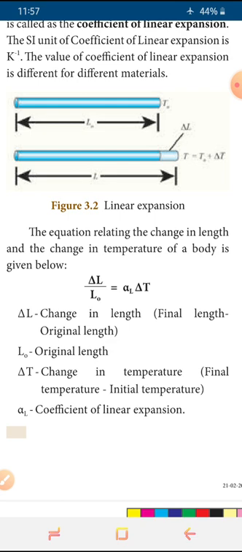So when we are heating, what change happens? For example, a rod having a length of 1 meter increases after heating to 1.1 meter. We can write the change in length as 1.1 minus 1, 0.1 meter. It is expanded, and that will be taken as delta L, and L naught is the original length before heating or cooling. What length the rod had is called the original length, and delta T is the change in temperature. Alpha L is called the coefficient of linear expansion.